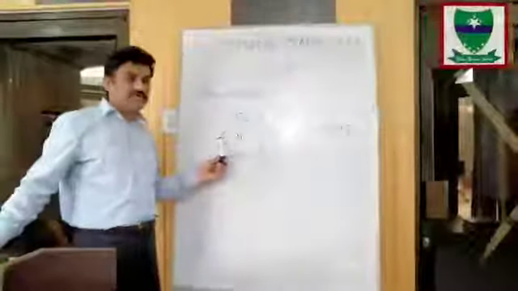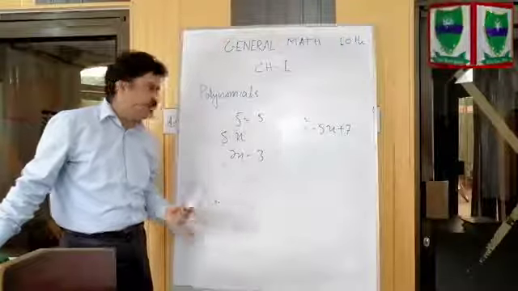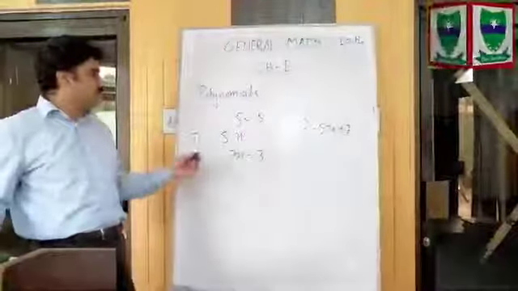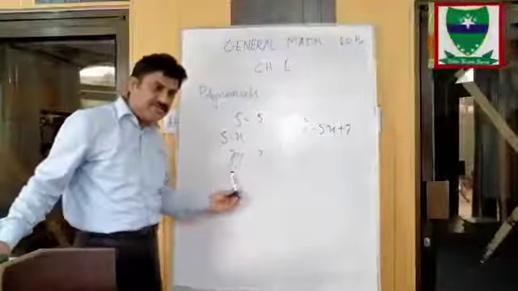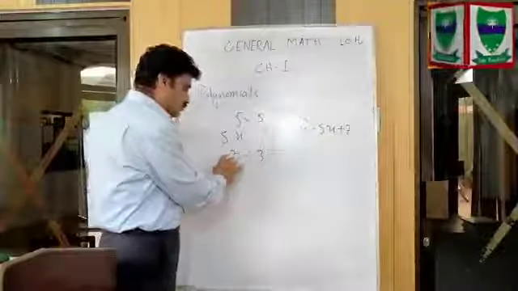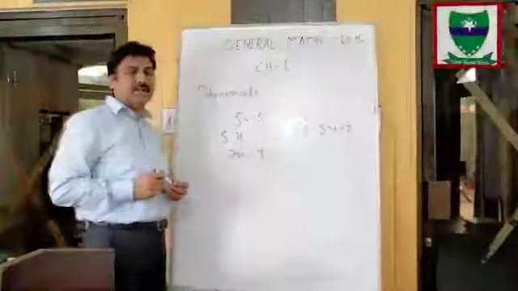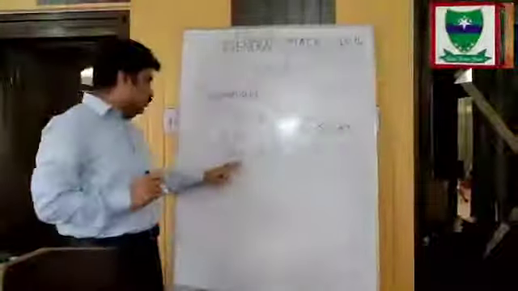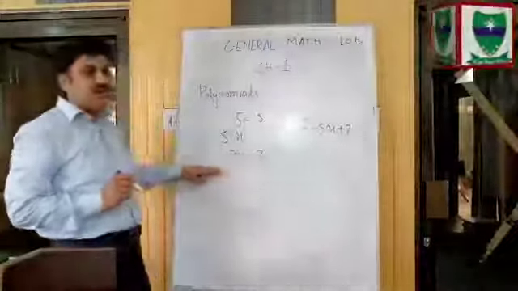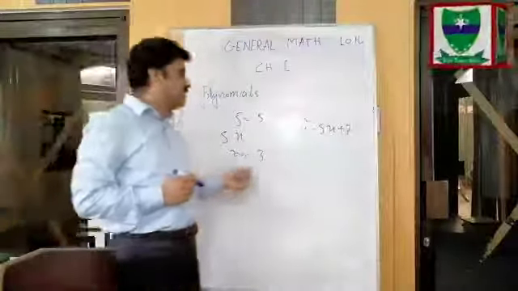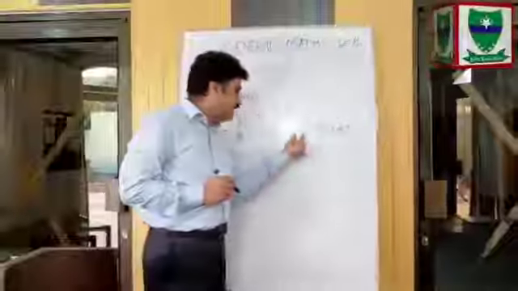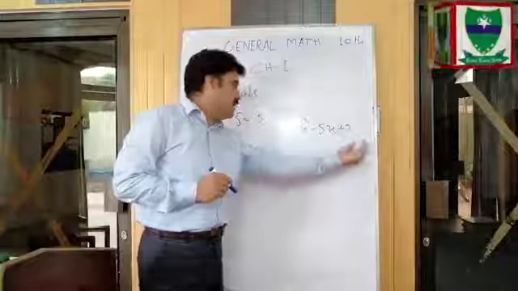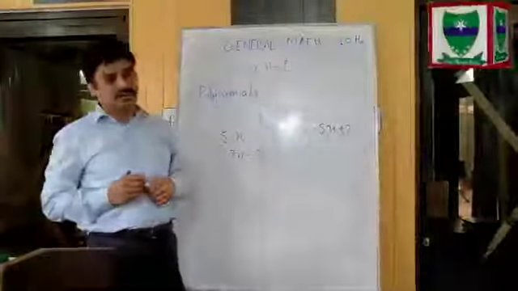First expression consists of only one term and the expression which consists of only one term is called monomial. These are the names of polynomial. First term is called monomial and this expression consists of two terms, 2x minus 3. These expressions can be separated by the signs plus or minus. 2x minus 3 consists of two terms. We call it binomial. And this expression consists of three terms, 3x square first, 5x second and 7 third. And this expression is called trinomial.